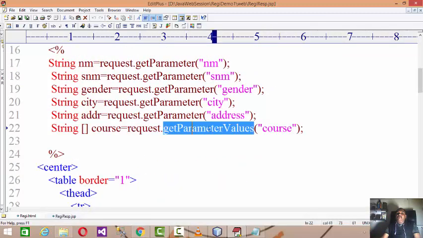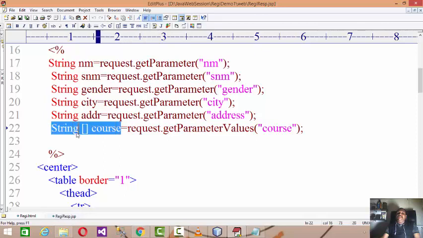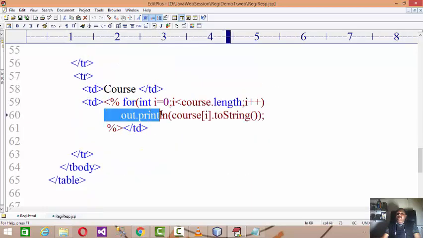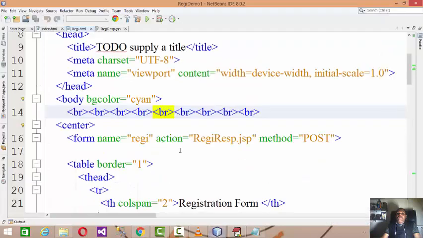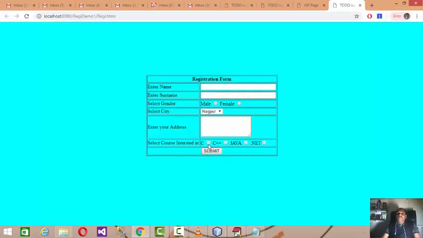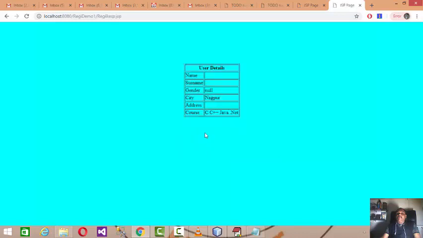So here you have to use two things. One thing, request.getParameterValues, you have to hold in an array of String, and then print that array's contents like this. And in this manner, whenever multiple values are posted, I'll directly focus on the checkboxes now. If you select multiple values, those values will be stored in an array, right? And then it will display C, C++, Java, .NET.